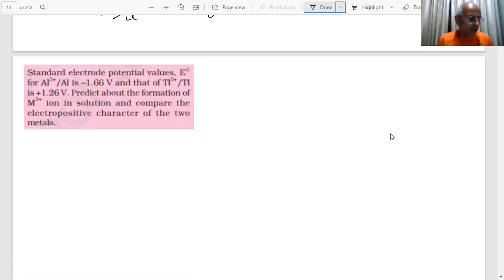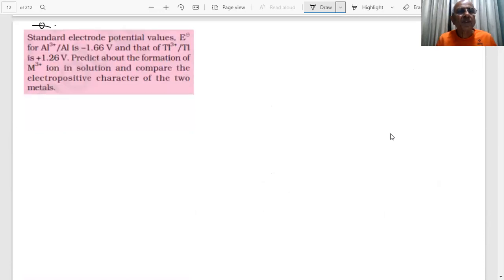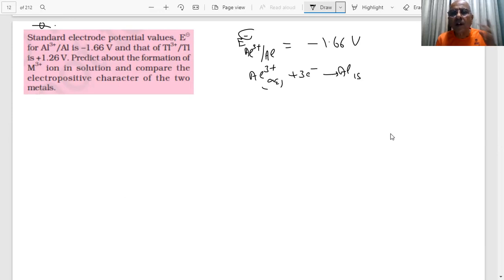Okay. Now he is putting a question to you, student. Question is coming. Question answer session is the most important point for us, because that question is coming in the paper, student. Standard electrode potential value of Al3+ is -1.66. We showed in the table also. What I showed in the table, student. Al3+ to Al is how much? Minus 1.66 volt, student. That means aluminium 3 plus is getting 3 electrons, students. And this value is how much?